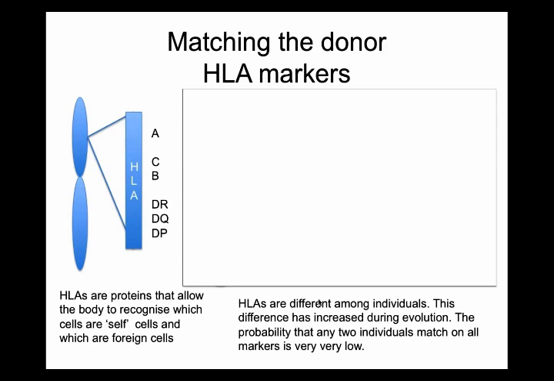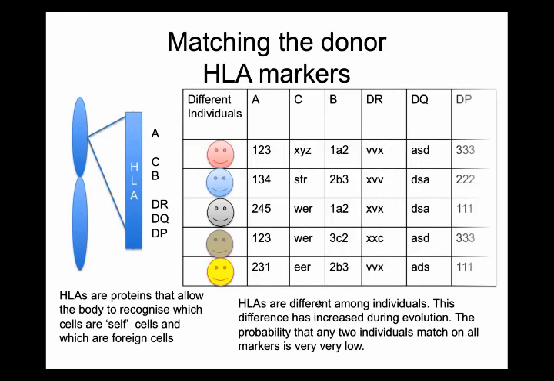The difficulty with this process is that you need to match the donor and the patient. This is because our cells carry certain markers, which are proteins referred to as HLA. These proteins are quite diverse, and they are used to recognize self versus non-self. They're really designed to protect us from bacteria and viruses. So when you put cells from a donor into a patient, they will be recognized as foreign unless they have the same markers.